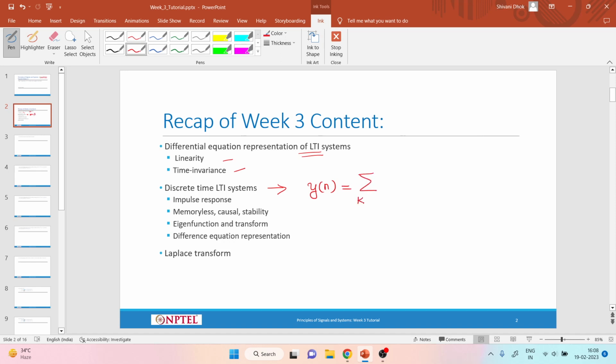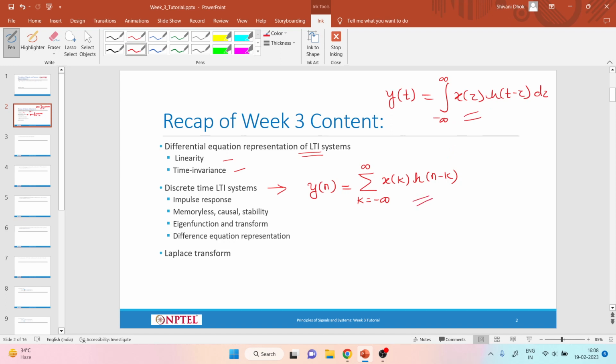by this form. That is, if y of n is my output, then the output is given as summation for k running from minus infinity to infinity x of k h of n minus k. This is very similar to what you get for your continuous case; this was for discrete. So for continuous you are having something like this, x of tau h of t minus tau d tau. So it is almost a similar case, just here you were having integration and now you will be having summation